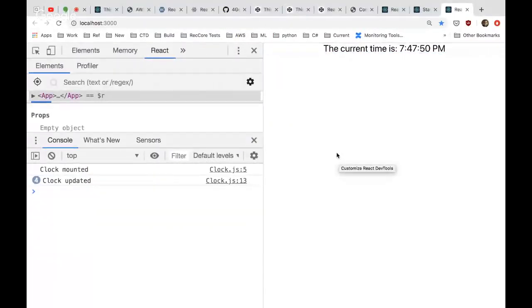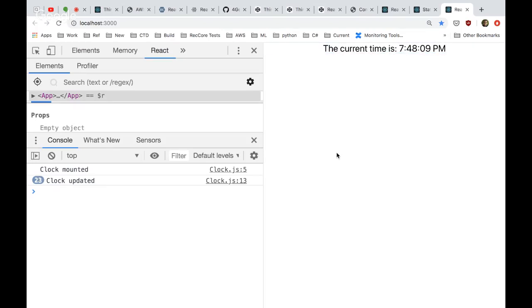Oh, wow, React is even smarter than I thought. I didn't think we would see the clock updated, so I'm really shocked at that right now. Since we're calling ReactDOM.render each time, I thought it would be mounted again every time, or if not unmounted, at least mounted again each time.